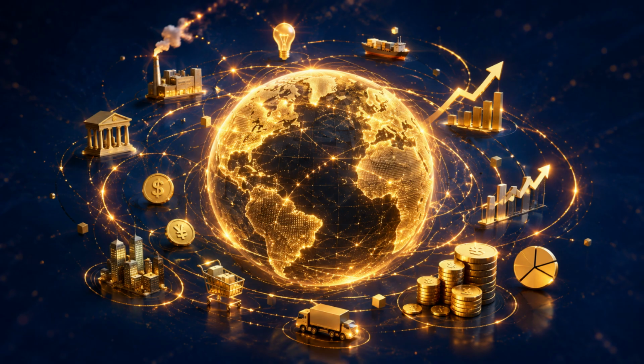Let's get into it. Every time the news mentions the economy, one number always shows up. GDP is up. GDP is down. GDP grew slower than expected. But have you ever stopped to ask what that number actually means, and why economists, investors, and even your own government treat it like the ultimate scoreboard?